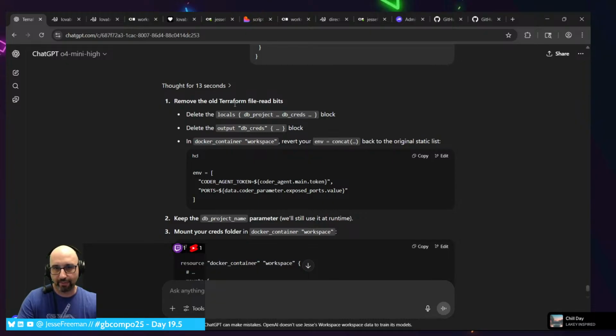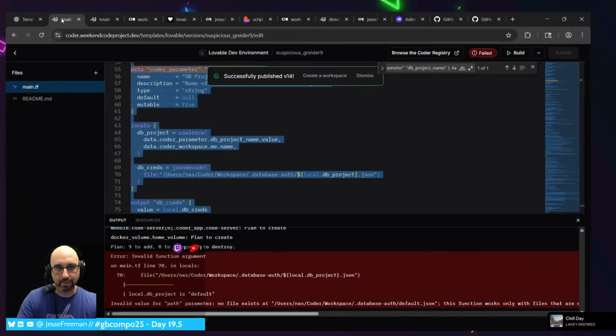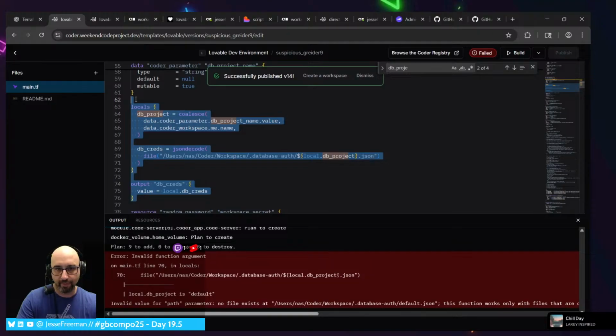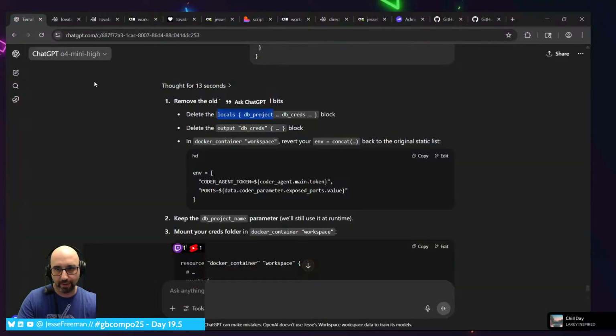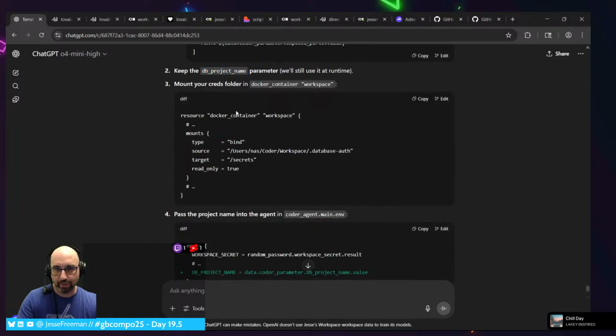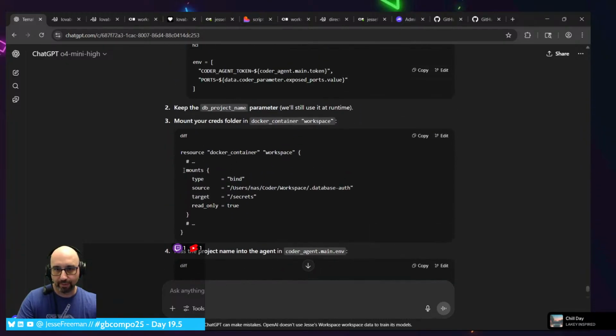Remove the old Terraform that reads local DB projects. Fine. Let's remove this. We don't need this right now. Keep the DB project name parameter. Mount your creds folder. Right, which we should be doing.